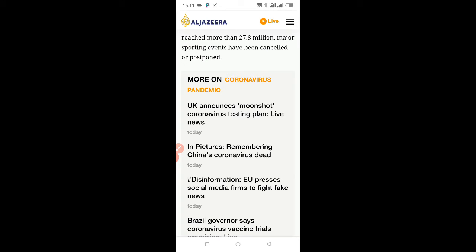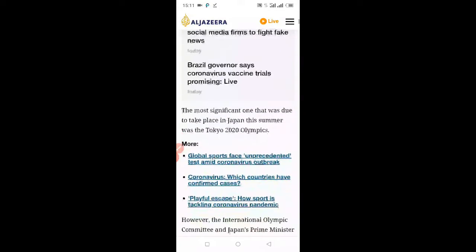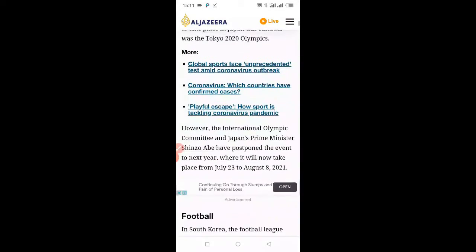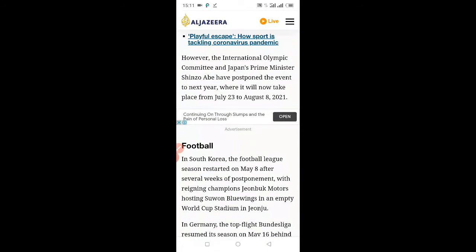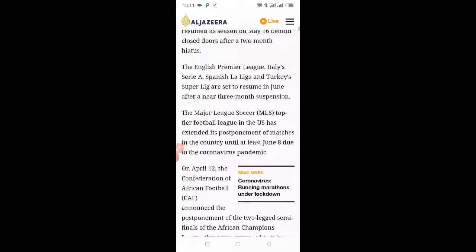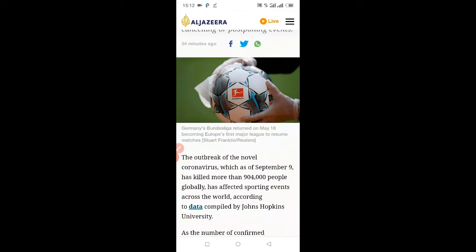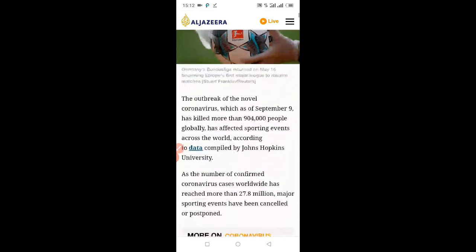If you don't have the notepad, I've put the link in the description box. You can download it. Some things are not even relevant, like even here there's an ad. When you're posting it, it will just look scruffy. So you just get the things connected. So after you have gotten your news, you have downloaded the image, you have copied and pasted it properly in your notepad.